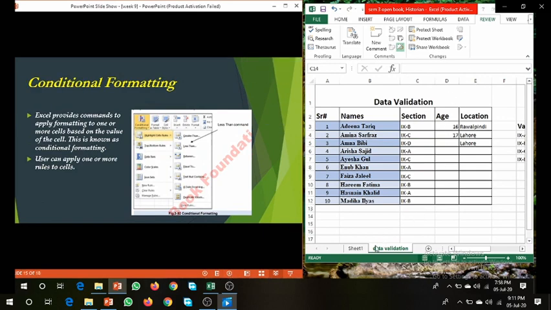Another Excel exciting feature is conditional formatting. When you want to change the way your cells look based on what they contain, you can apply conditional formatting. First, you can specify certain conditions and your cell appearance will change to meet these conditions. User can apply one or more rules to the cells. On the Home tab in the Styles group, click on Conditional Formatting and click on the rule you want to apply on your cells.